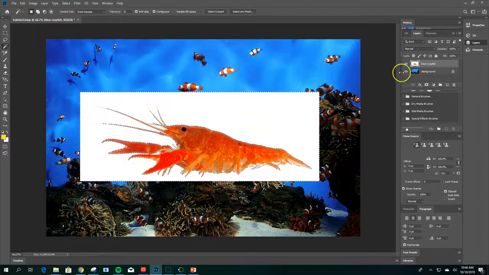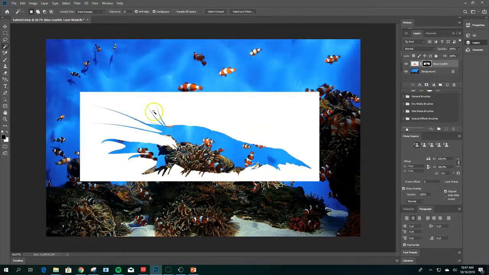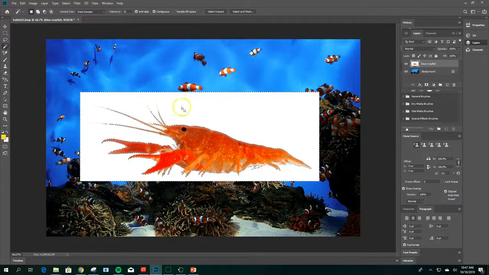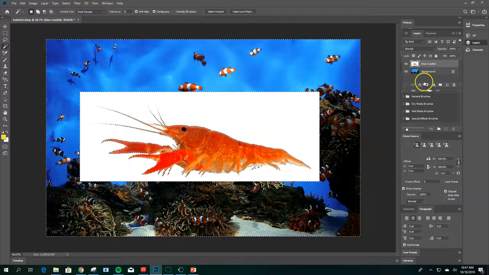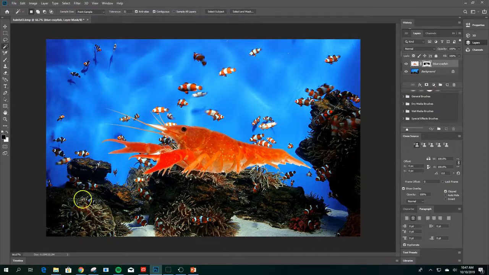From here we're going to click on the layer mask tool, which is this square with a circle. Now your layers might be down here, it might be up here. It depends on how you start it. So right now we're going to click on the layer mask tool with that selection, and you can see I did it backwards. Everywhere my selection was in the sky stayed white, and here turned black. So let's just undo that. Let's make a quick inverse. We'll go Select, Inverse, and now we'll click on this layer mask again, and there it got rid of our